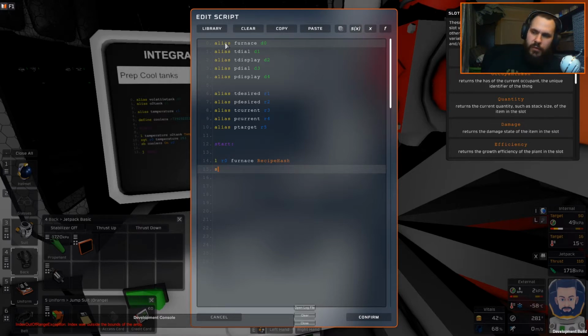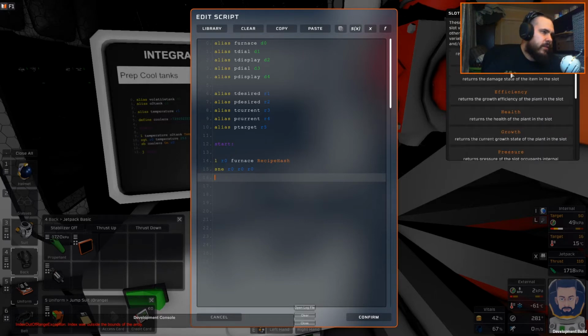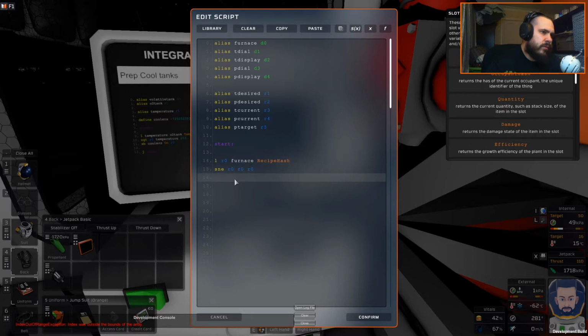So then I'm going to set it. I'm not quite sure how I wrote this out, but it says R0, R0, R0. I could be wrong on this. That can't be right. Oh no, R0. So basically we're going to store over R0, so we're going to overwrite this if R0 is not equal to 0. If there is a recipe hash there, it's going to store this as obviously a 1, or it's going to keep it as a 0. And then it will save that to open